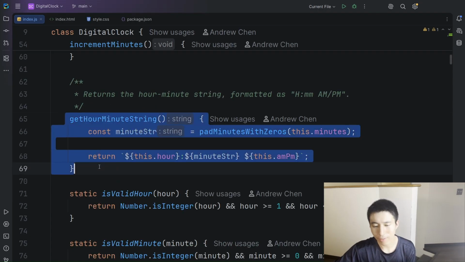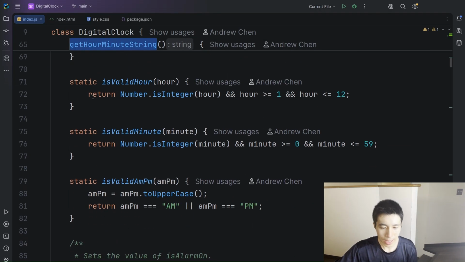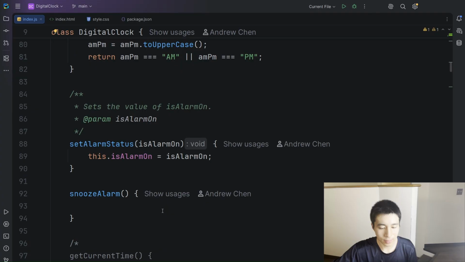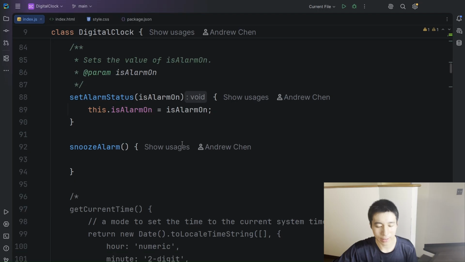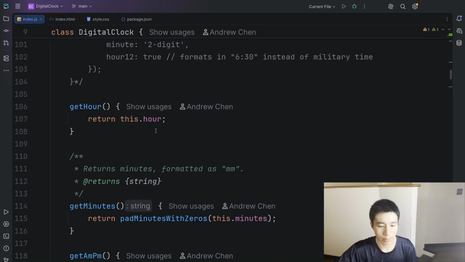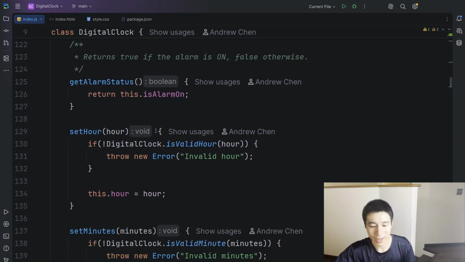Here is kind of a helper method, you could call it. It just gets the hour-minute string. So that's basically, for example, going to display 5:16 and then AM or PM. Okay, and then here are the static methods that we're using to check the validity of the parameters in the constructor. So yeah, just checking if it's a valid hour, minute, or AM and PM. And over here, just some standard setters, right? We're just setting the values of the alarm. We have some getters here as well to get the hour, the minutes, the AM, PM, the alarm status,